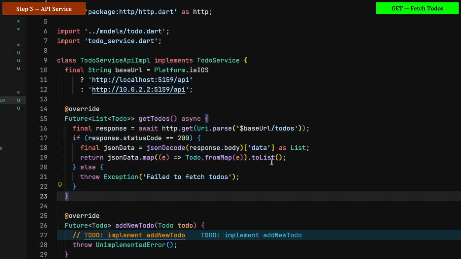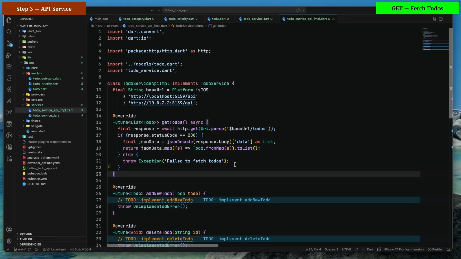So the flow is quite simple. We send a GET request, decode the JSON response, extract the data list, and convert every item into a Todo object. If the API doesn't return a 200 status code, for now we are just simply throwing an exception. We will improve this error handling shortly by creating custom exceptions for different failure scenarios. But first, let's make sure the getTodos implementation is actually communicating with our ASP.NET Core API and returning the expected Todo